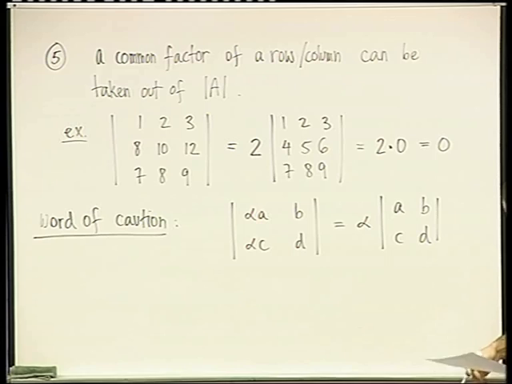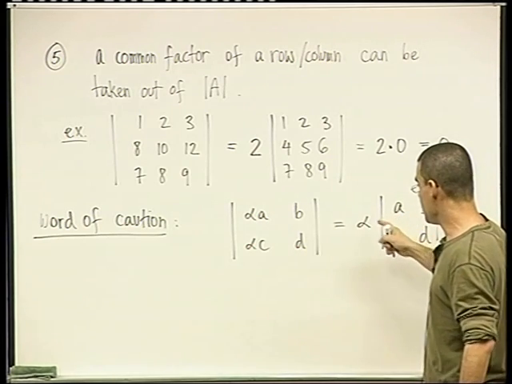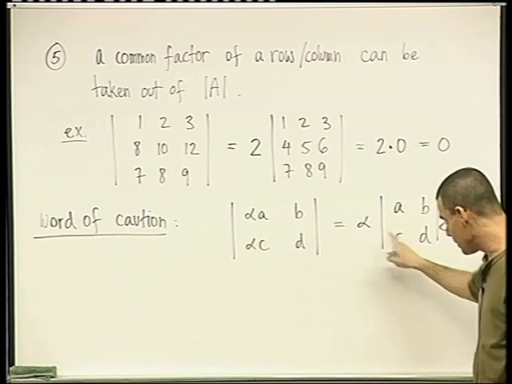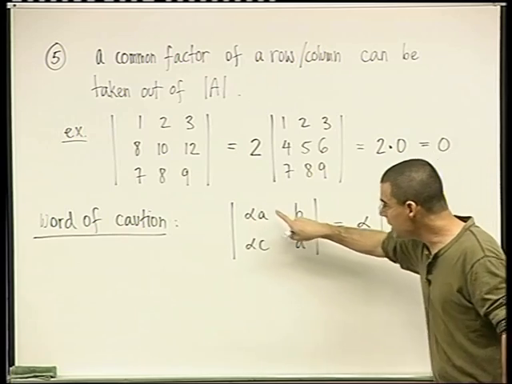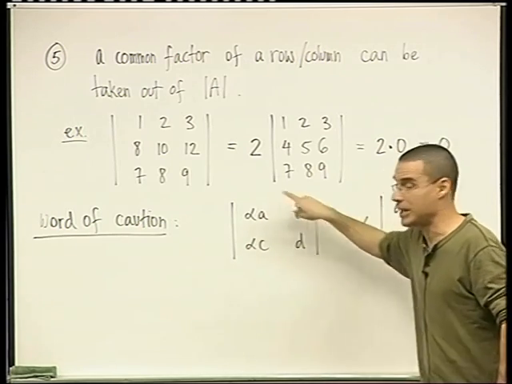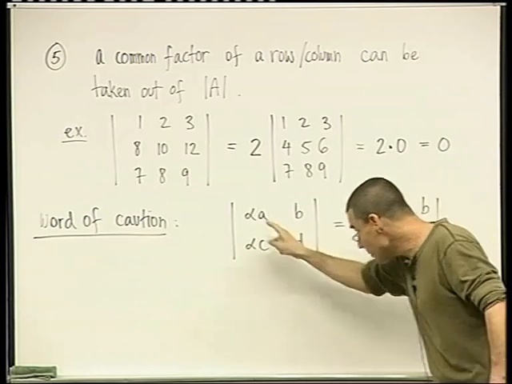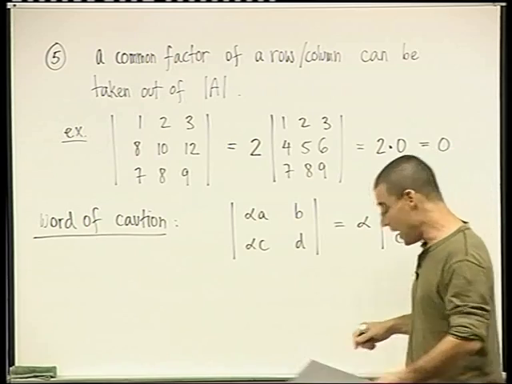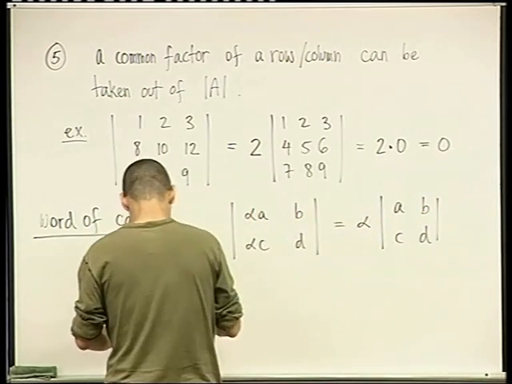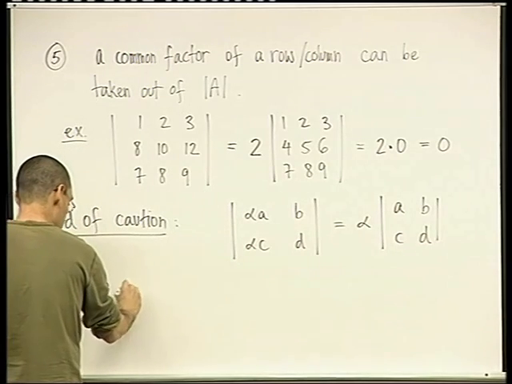What is the word of caution? The scalar here that was pulled out of the determinant didn't multiply all the entries, like when we multiply a matrix by a scalar. It only multiplied one row or one column. So it's not true. This is true. So in general,